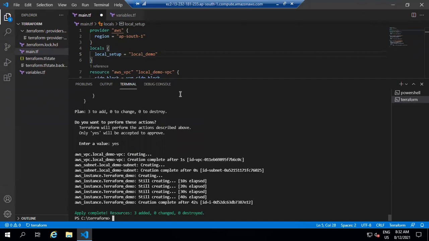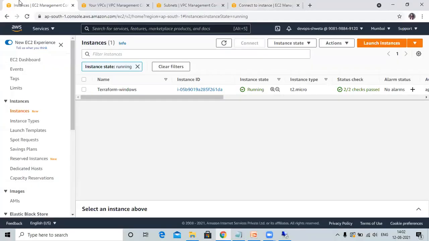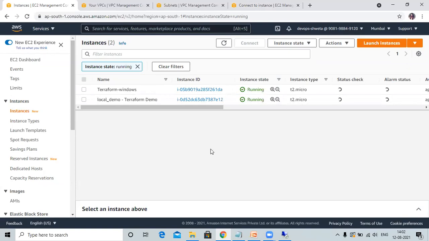So you can see apply successfully. So let's check our instance in AWS. Firstly, go to EC2. So see, our instance name is Terraform demo, local demo Terraform demo.